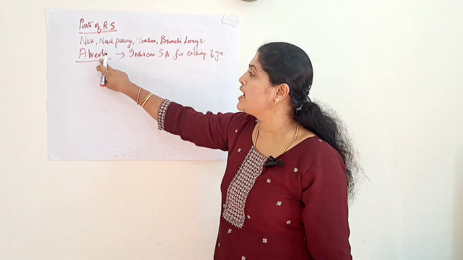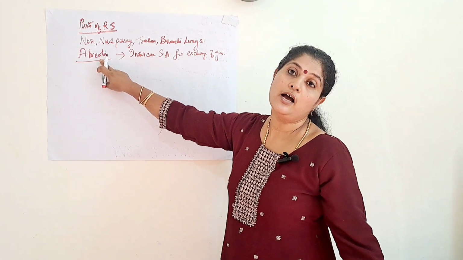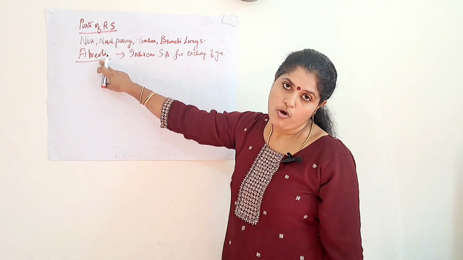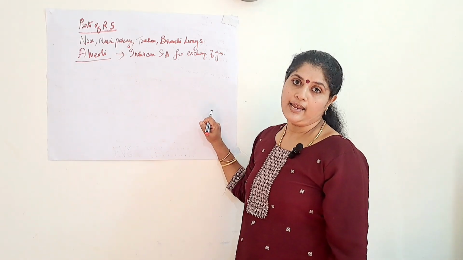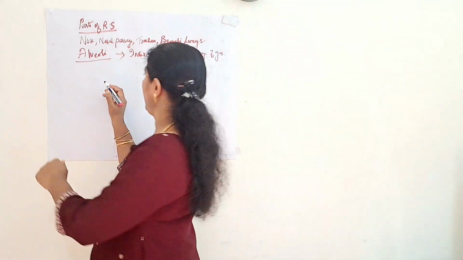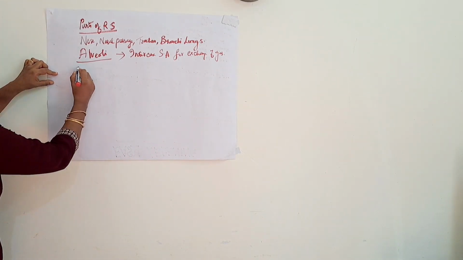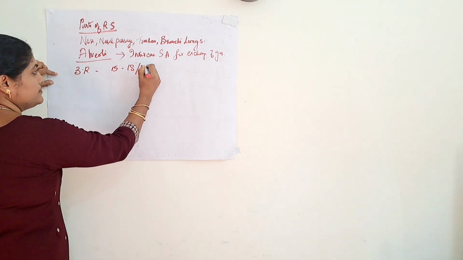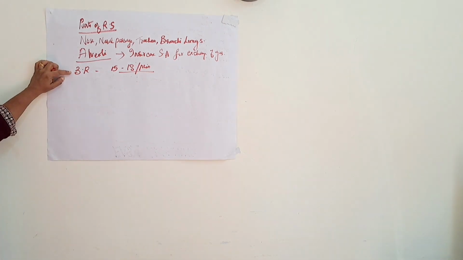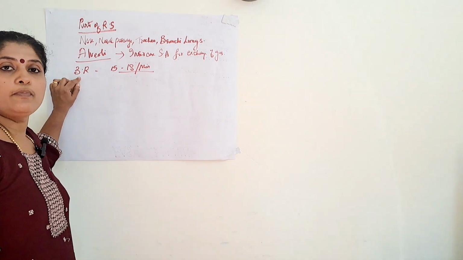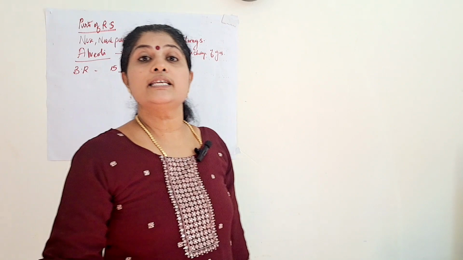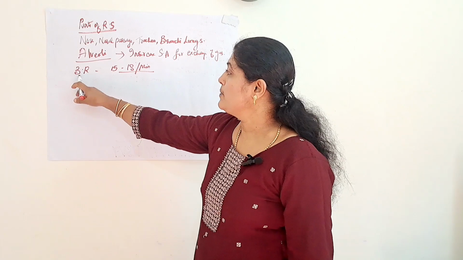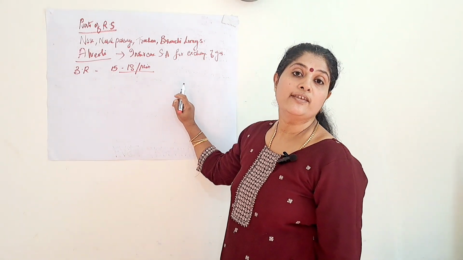So you should know the function of alveoli and why the windpipe or the trachea is not collapsing even though the air is not present inside it. Okay, next is the average breathing rate. The normal breathing rate of a person is 15 to 18 times per minute. If a person has done physical exercise, then the breathing rate may increase. It may reach up to 25. So the normal breathing rate is 15 to 18 times per minute.